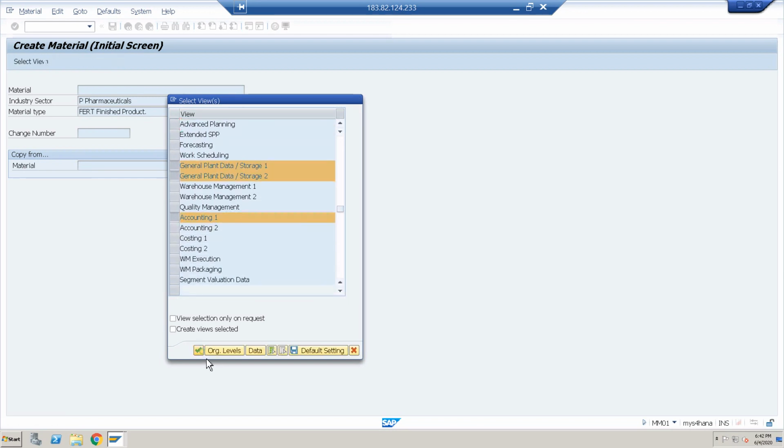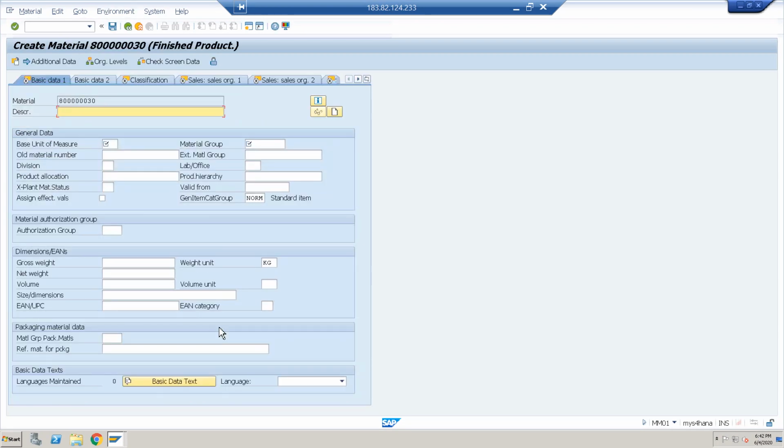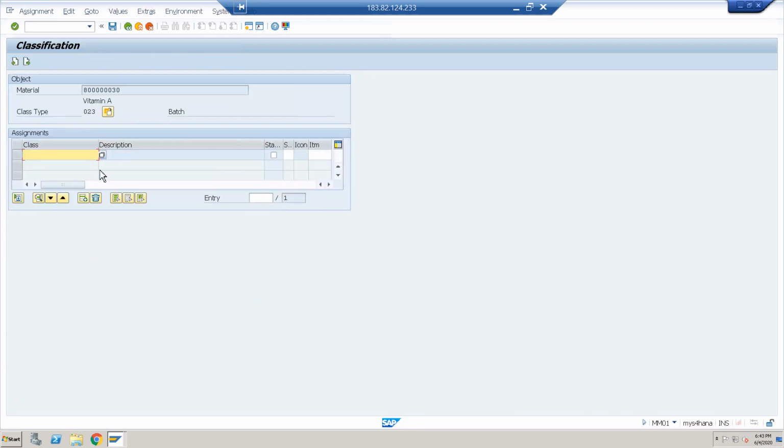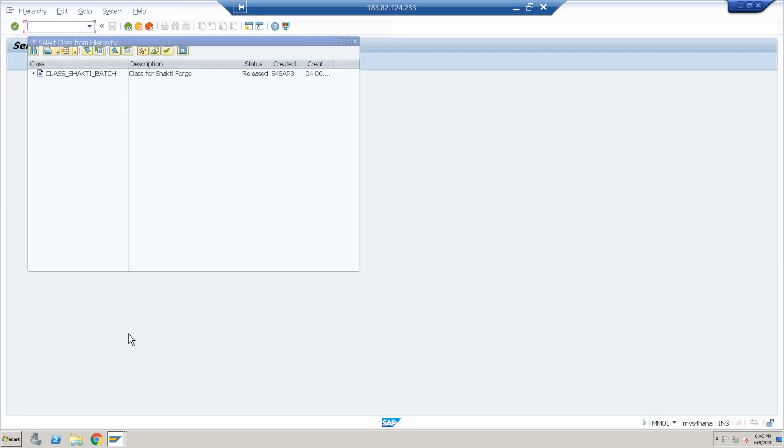Enter the description of the material, let's say vitamin A. Just enter the pack, it's coming in packs. Then enter the material group. After that, enter your validation class, sorry, batch class.